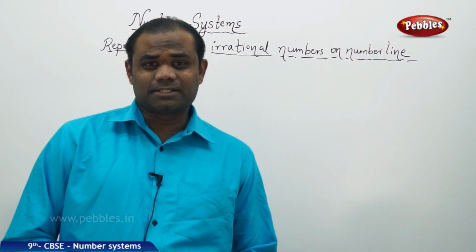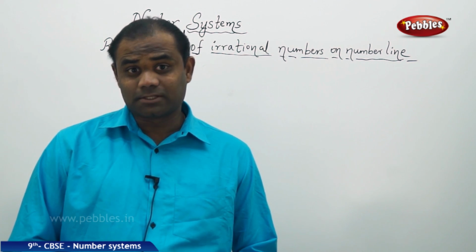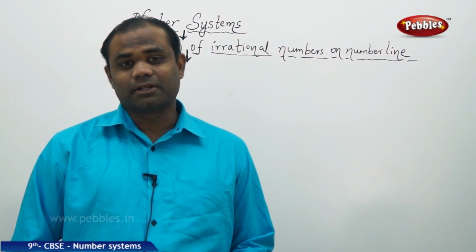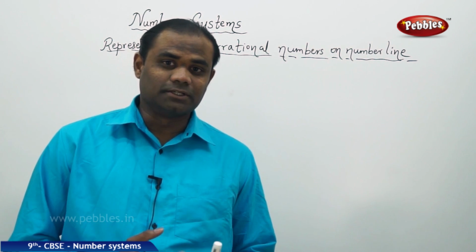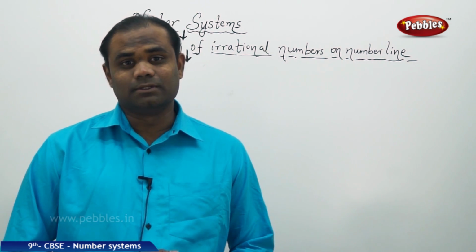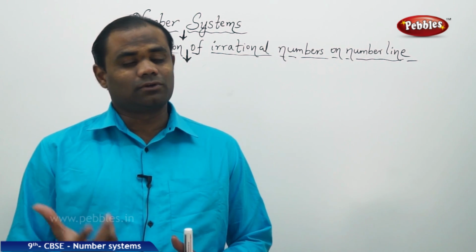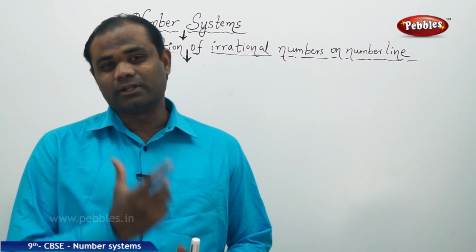Now that we have discussed different types of number systems in the branch of mathematics, the real numbers, the rational numbers, irrational numbers, integers, whole numbers and natural numbers, let's see how we can represent the irrational numbers, which are not exact numbers, on the number line,